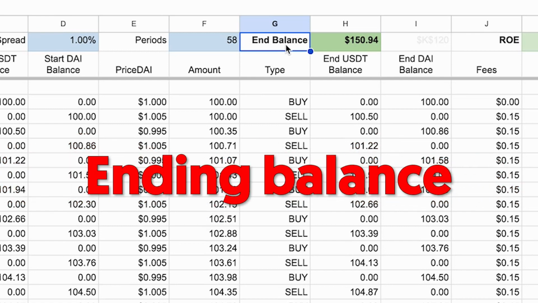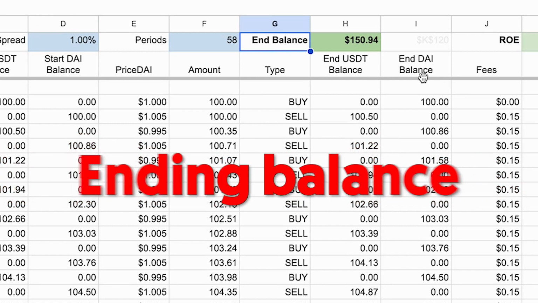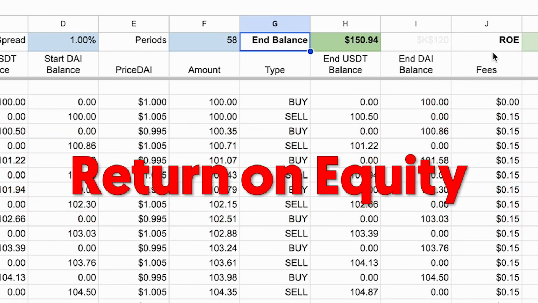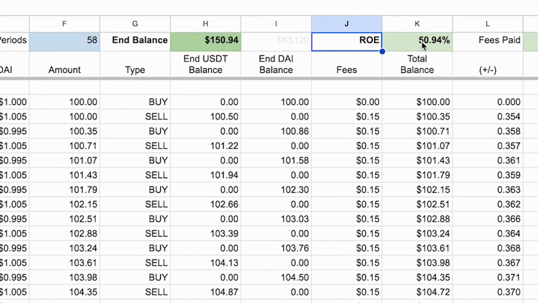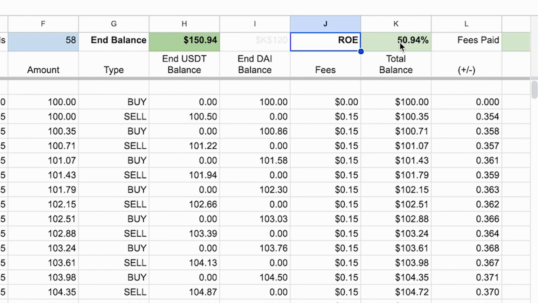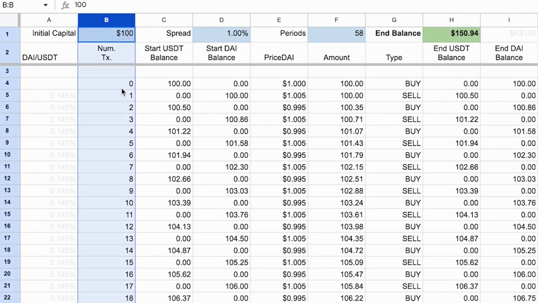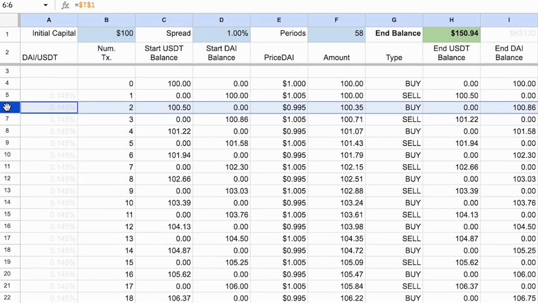Ending balance is obvious. ROE is return on equity. This just means your expected profit as a percentage of your initial capital. Here, you see if the ending balance is $150.94 and your initial capital is $100, your return on equity is 50.94%. In this column, you can see how many transactions took place, and for each transaction row, you can see